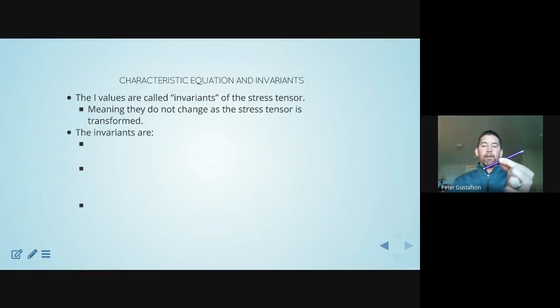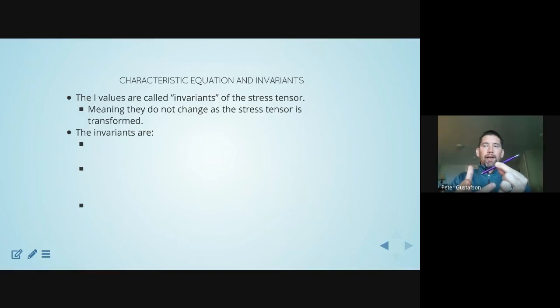If you're looking at my face in the video, again, what is a transformation? That's as we reorient our coordinate system. The vector stays the same. Okay, it doesn't matter what the coordinate system is. The magnitude and direction of that vector